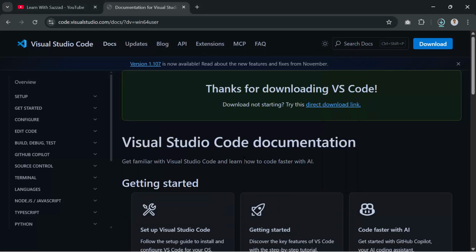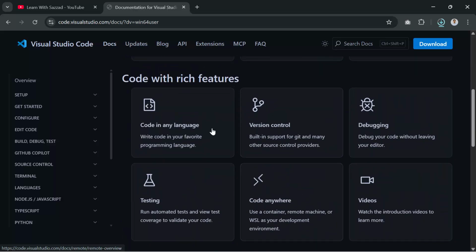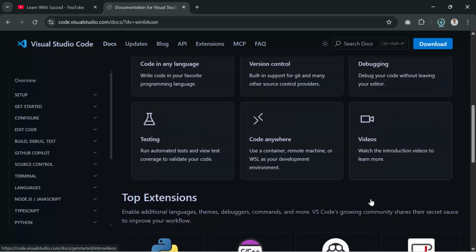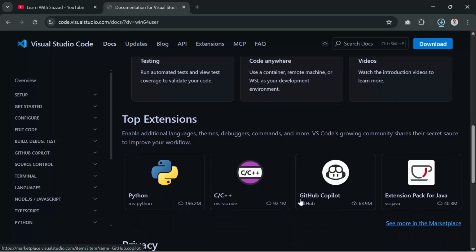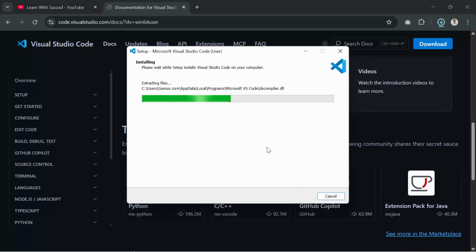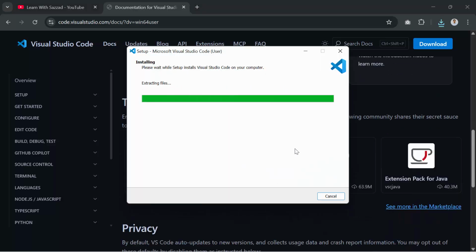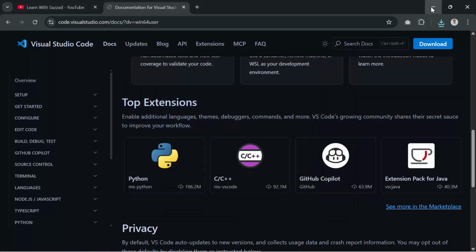So this is the Visual Studio Code documentation. As you can see, the features: code in any language, built-in version control, debugging, testing, code anywhere, videos. Top extensions are Python, C++, GitHub Copilot, extension pack for Java. So the installation process is ongoing. It has now finished. Then Visual Studio Code automatically